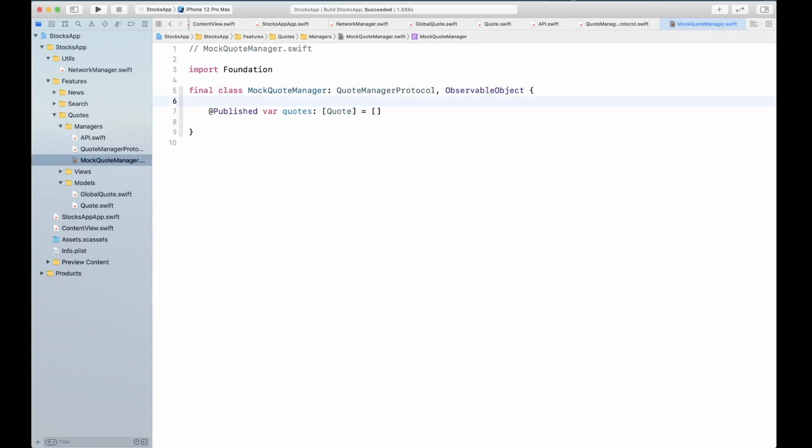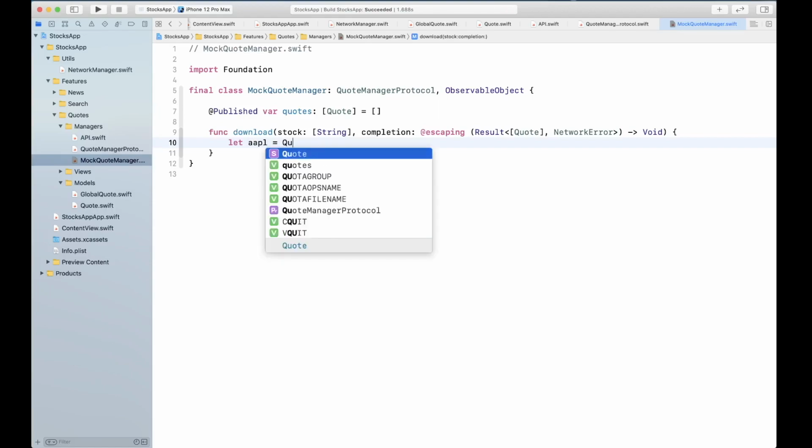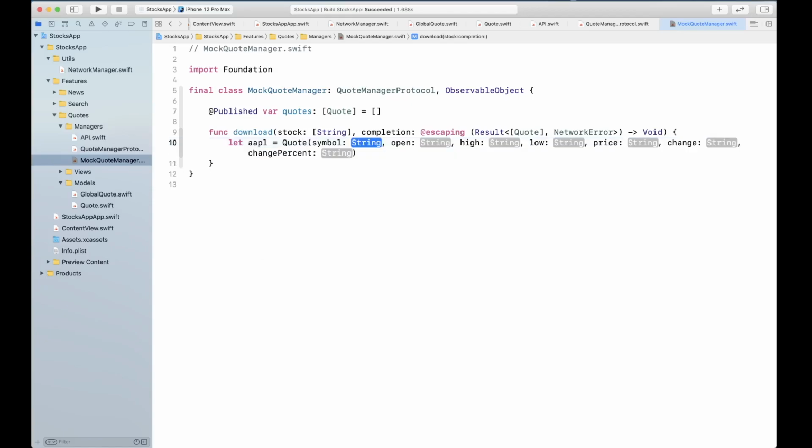I'm going to move this download function down here, and here we are going to create two mock responses. Let's create one for Apple, the AAPL, and we're going to give it the symbol AAPL. Let's give open 135.90, and this is going to be a string, and this is also a string.